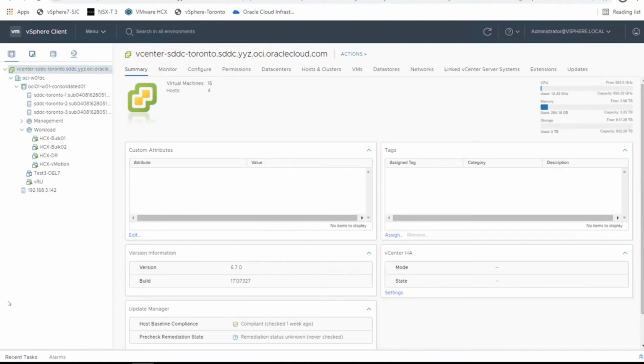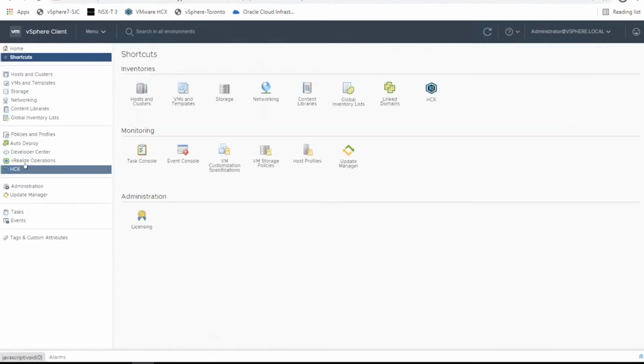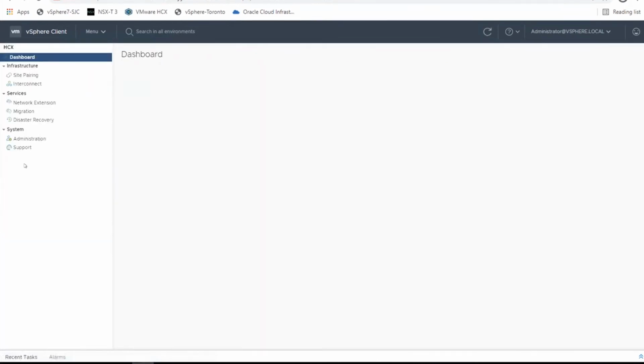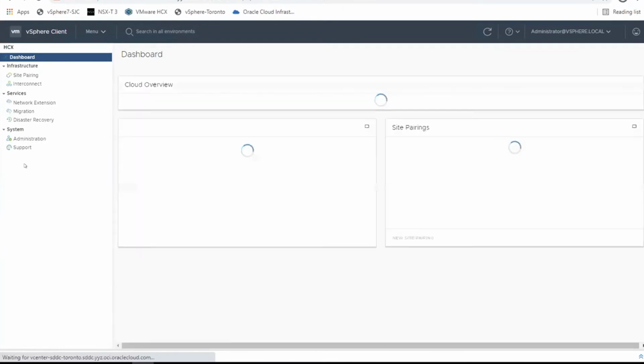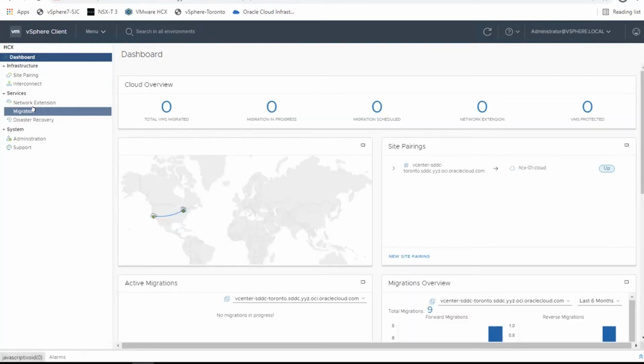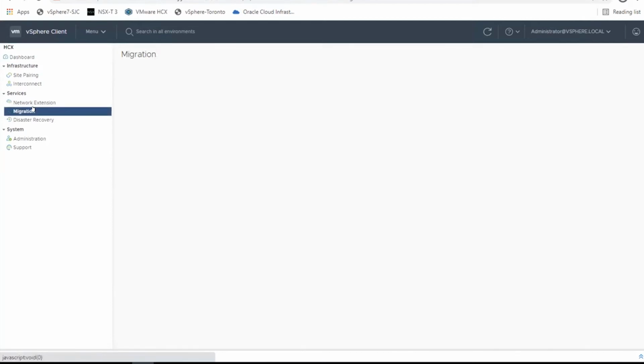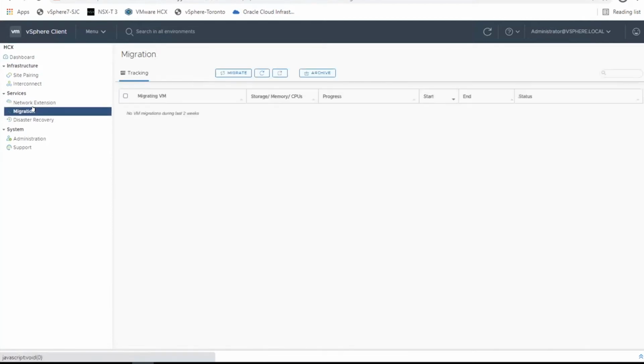Now transitioning into the demo, we're going into your vCenter where you can access the HCX console. Once we select HCX, we have a dashboard that will give us an overview of our environment as well as if any migrations have happened. The first thing we're going to do is demonstrate a bulk migration. We can simply click migrate,